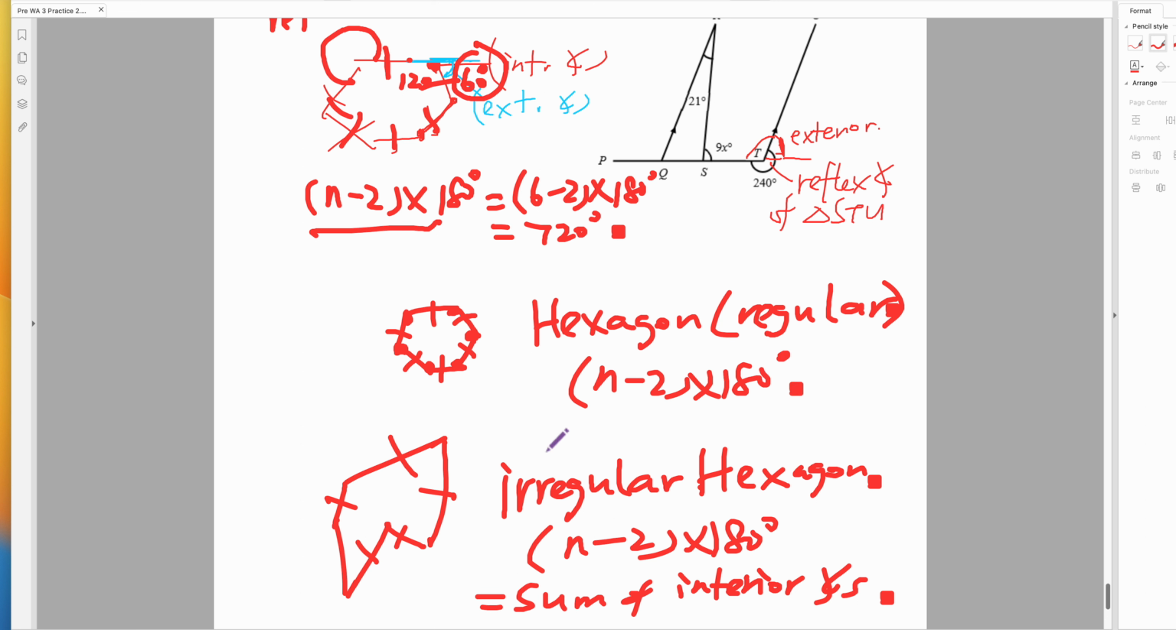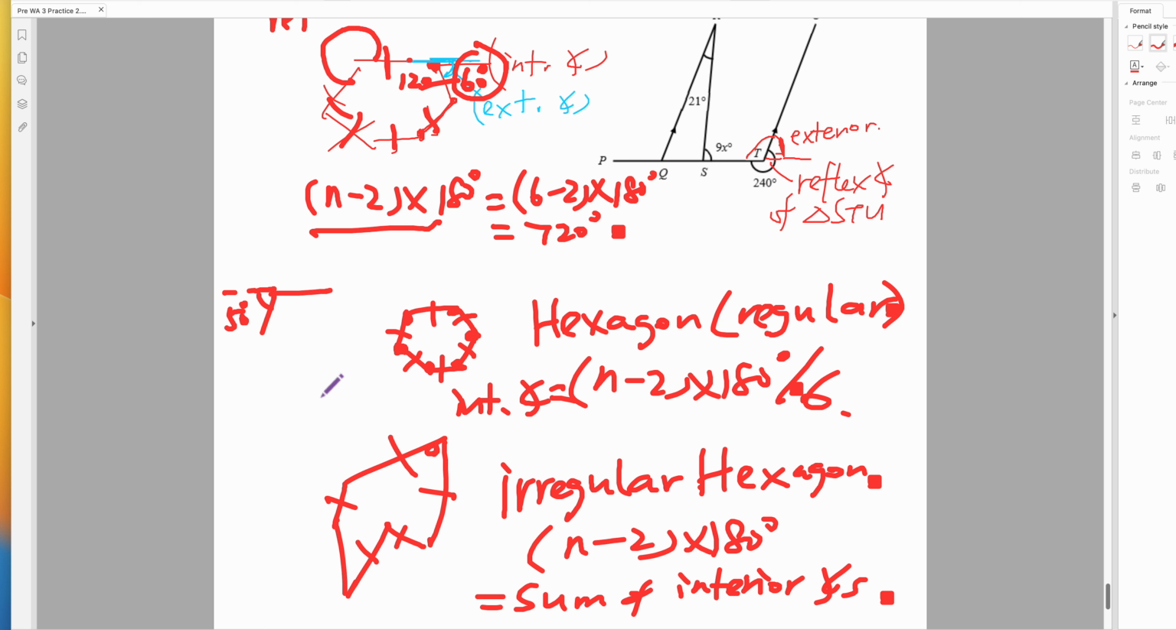But the only difference is, over here inside the angles are all the same. You can use the sum divided by 6 to get one of them. But this one cannot, because they are different. Understand? So now I say, if a regular polygon has an exterior angle of 50,